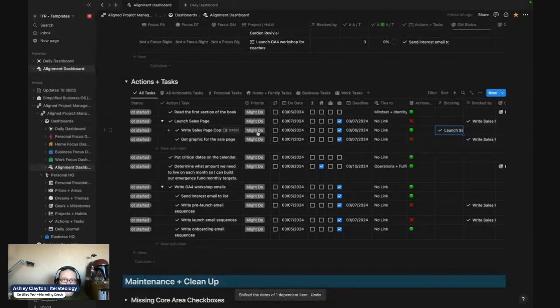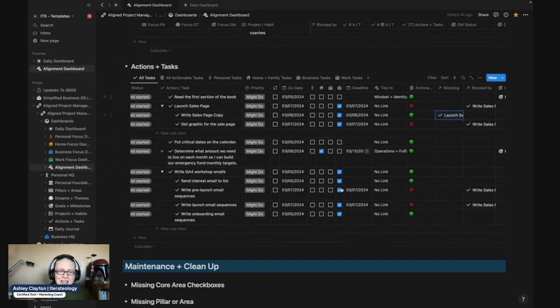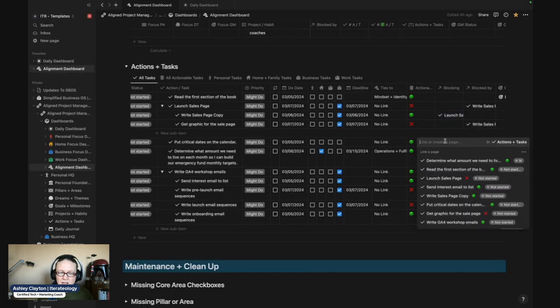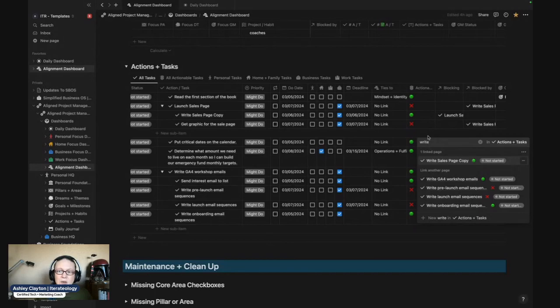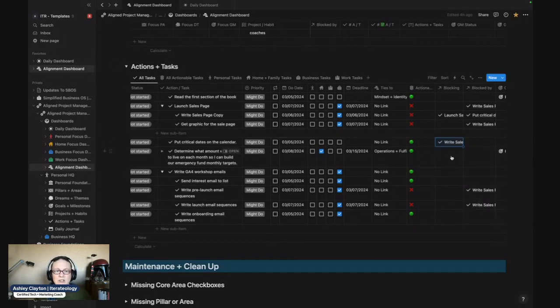And you can see it's also kind of populating some loose deadlines here based on, okay, well, I have to do this first. And so it's kind of actually creating your plan for you. Amazing. And you can, of course, adjust these dates. It's not a big deal. That is, so I need to put the dates on the calendar before I can write the sales copy, because I need to have my dates on the calendar so I have everything planned out so I can tell people when the thing is.